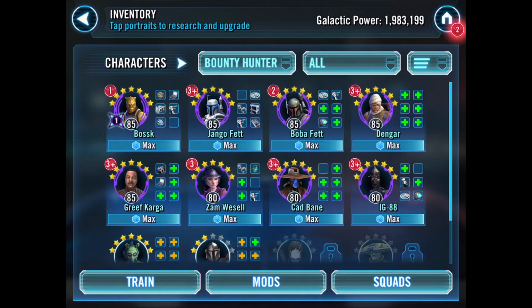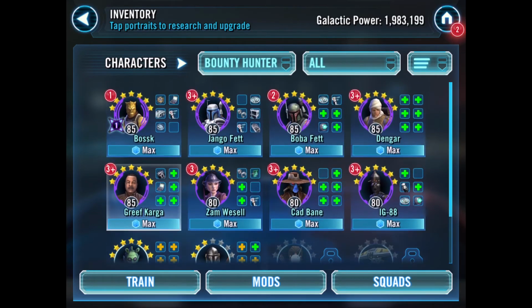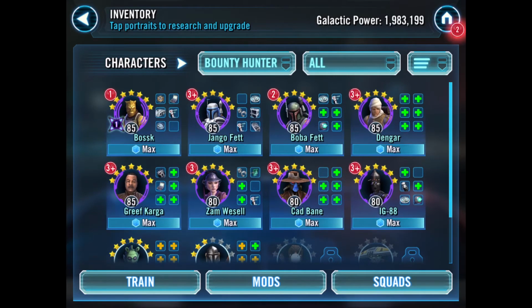And it's only going to get harder from here. Now, it's about the same concept, except it's not going to be the exact same concept. So what we're going to do for the all-in team, if you're going to go all-in, my opinion, you're going to want to go Bossk, Jango, Greef Karga. You're going to add those 3 to your team, and you're going to want to replace these bottom 3, obviously,